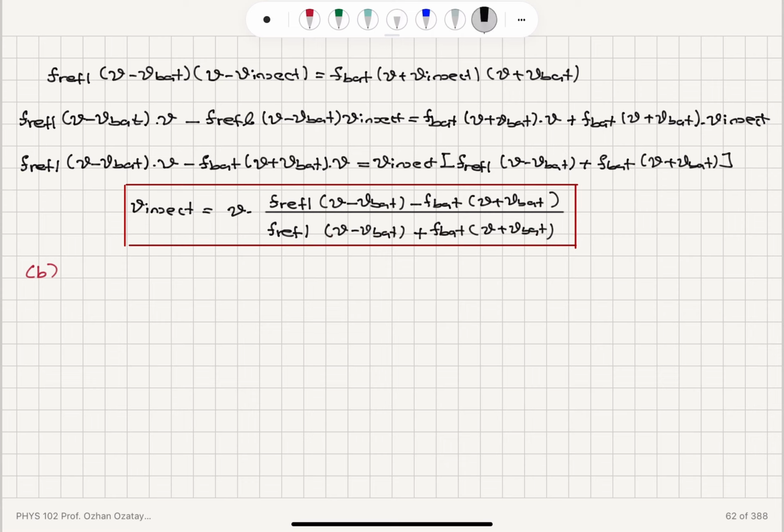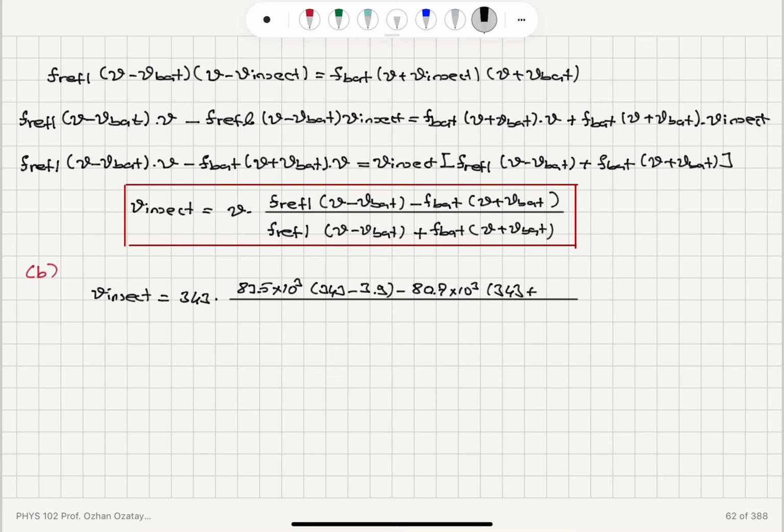Now in part B we will substitute some numbers for the speed of the insect detected by the bat. We have the propagation speed of sound in air, 343 meters per second at 20 degrees Celsius, and then we will put some numbers for F reflected: 83.5 kilohertz, times 10 to the 3 hertz, times (343 minus V bat, which is 3.9), minus 80.7 kilohertz, times 10 to the 3 hertz,